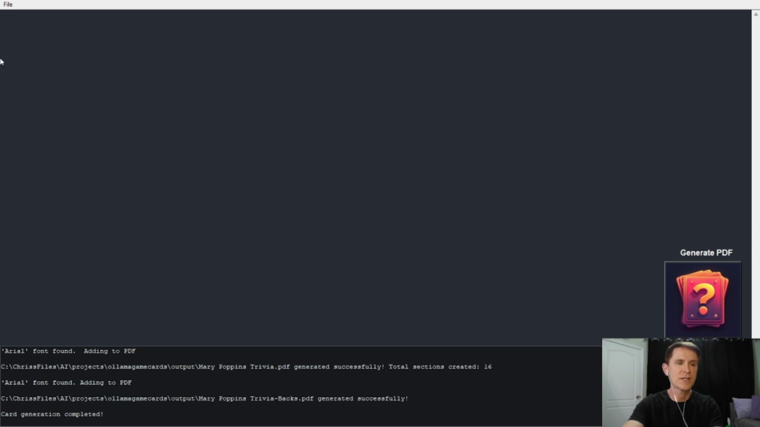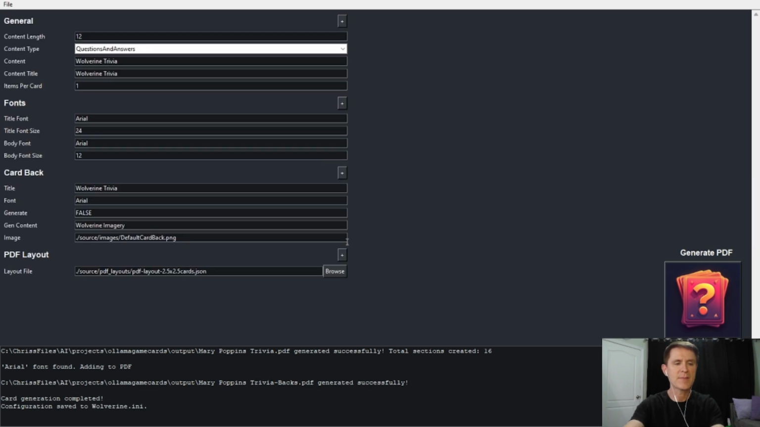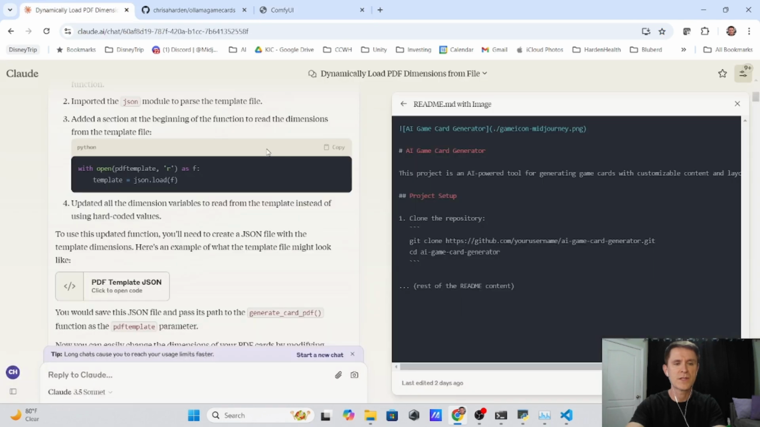This is the application. I had done like a Mary Poppins type of thing, or trivia. Today I'm going to do Wolverine. So I'm just going to go Wolverine. It's going to set up everything to generate the card set. Now normally the choice to generate the back of the image is set to false, and you get a default image here that has a bunch of question marks, but I'm going to change it to true because the purpose of this particular video is to show you basically what the application is doing when it's talking to